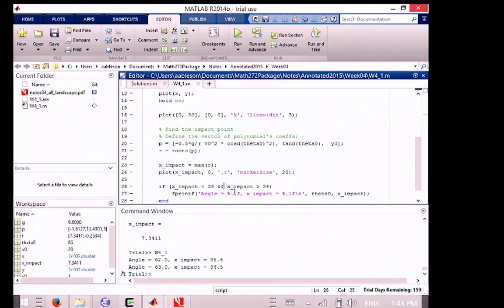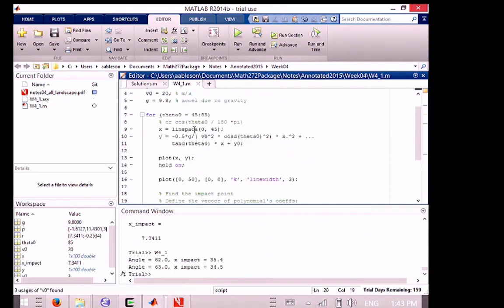Sorry, so improvements. This is great, but it's not that accurate an answer. So one of the things is accuracy. How can I tweak my accuracy here? Yeah. You can change your increment of your theta naught. Absolutely. Change the increment of our theta naught. So this is default counting by ones. Yep. Put it in the if statement so that you only have to do that increment for something actually near